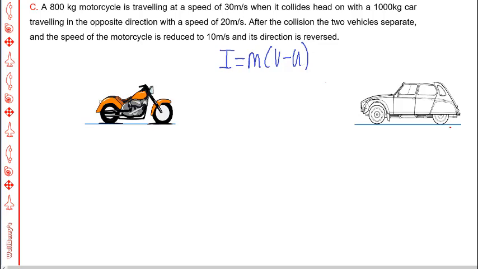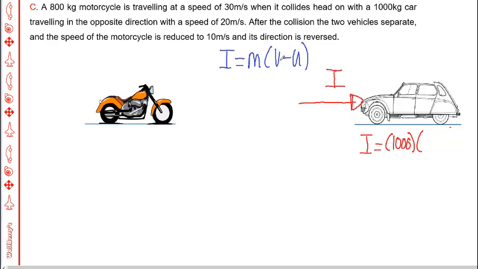Now first of all, part B asks for the impulse of the motorcycle on the car. So when the motorcycle crashed into the car, it felt a force hitting it like this. That force multiplied by time, or integrated with respect to time, gives you the impulse. So this is the direction of the impulse here. Let's go ahead and use this equation. Motorcycle on the car means you model the car. So I is equal to the mass of the car, which in this case is 1,000 kilograms,